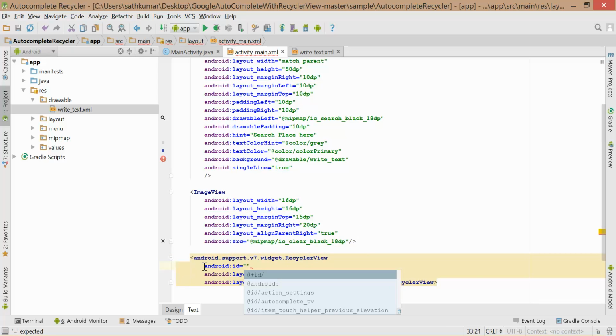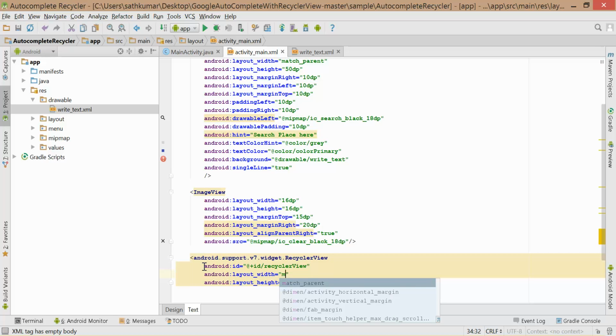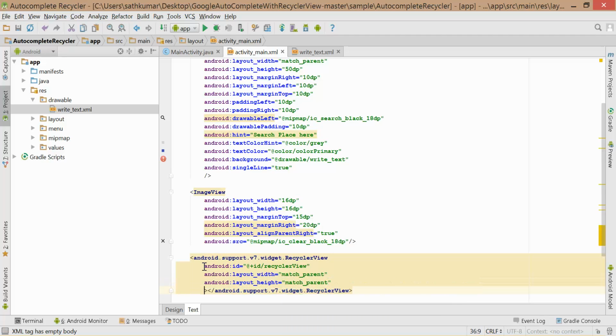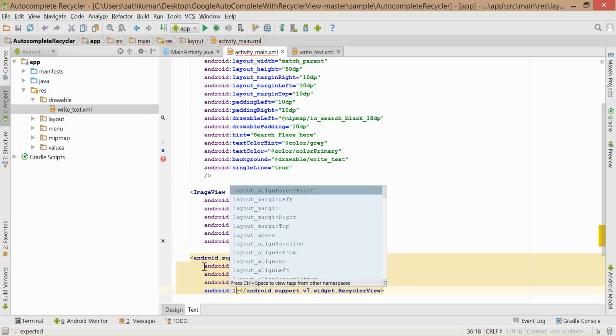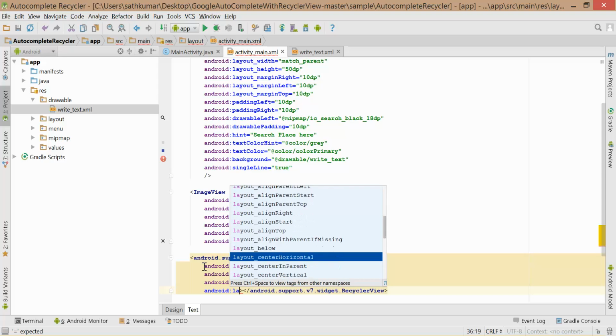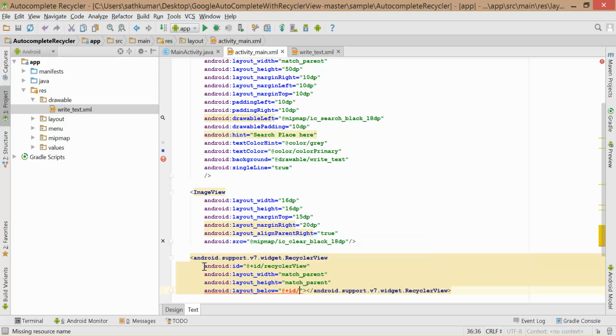So we say at ID and we give this name recycler view. And just go ahead. Layout width should be, of course, match parent. Height is as well match parent, and we'll add few more clauses. Android layout below is add ID slash